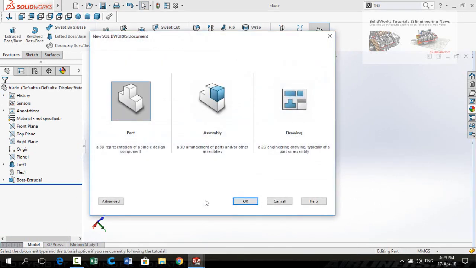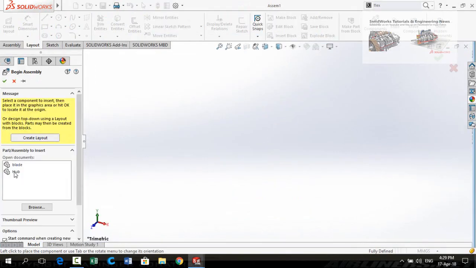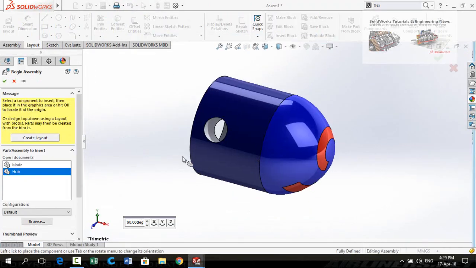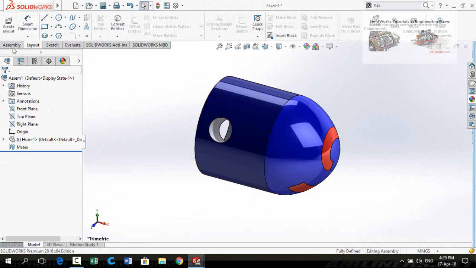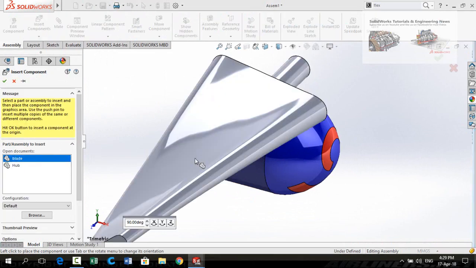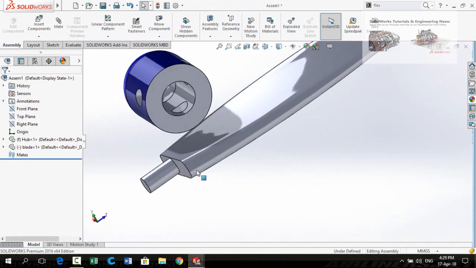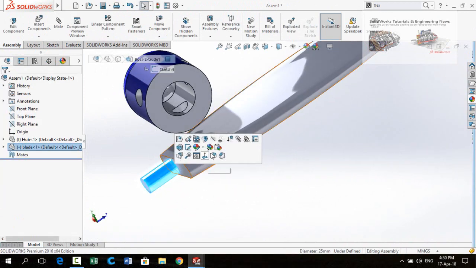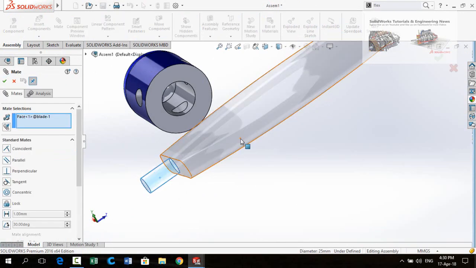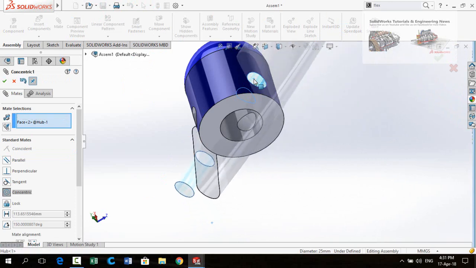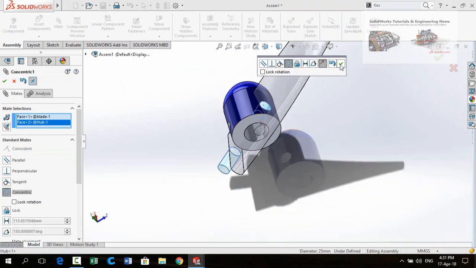Press Ctrl plus N key from your keyboard and start from a new assembly. Import both of these parts, hub and blade. Select this cylindrical face of blade and then select mate. Now select this cylindrical face of hub. Press OK button and make sure that you did not lock the rotation.